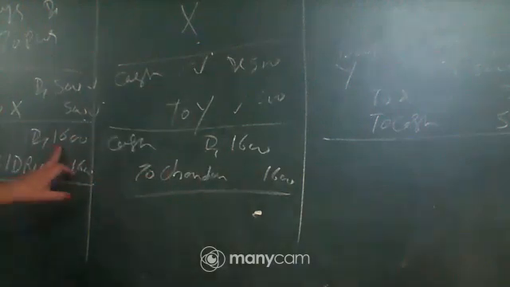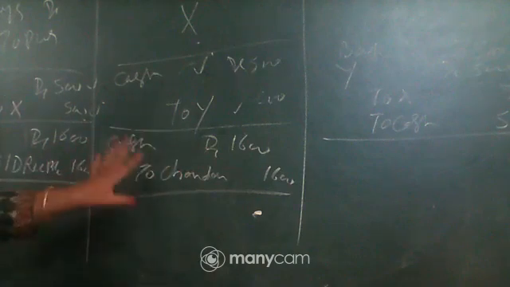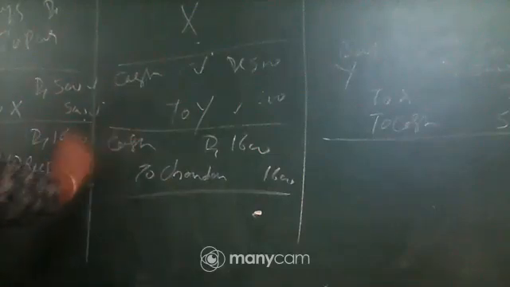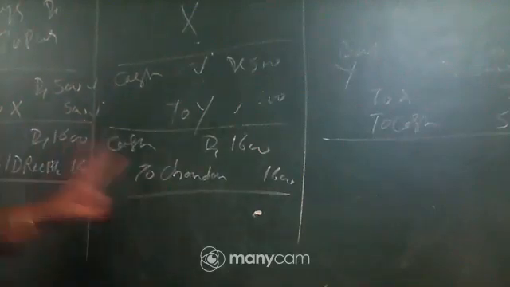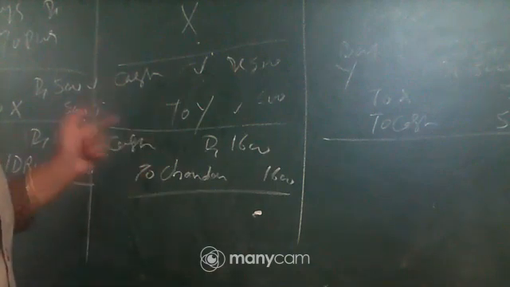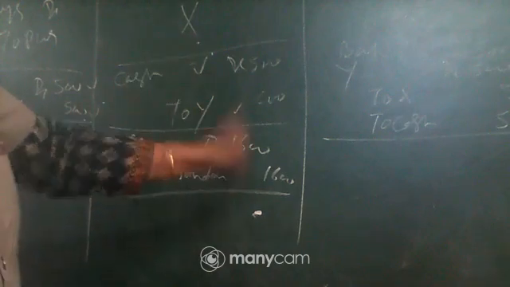So just check, cash should be debited and cash is already debited with the correct amount. No correction is required to cash. We have just two items to rectify. First is bad debt recovery, second is Chandan. Let's rectify. Bad debt recovery must be in credit. Have we done? No. Now we will do it.